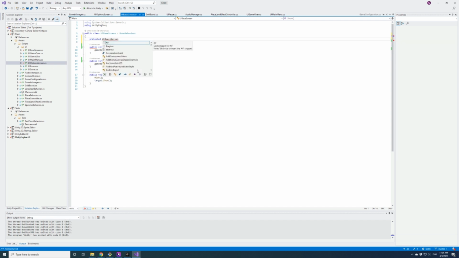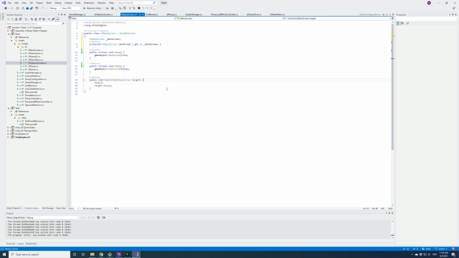Okay, so base screen, last screen, get last screen, and then base screen, last screen. Ooh, this isn't going to work because this UE base screen is not like, this is hacking.